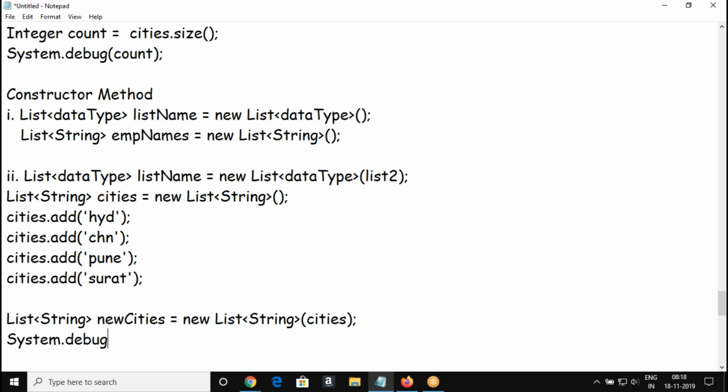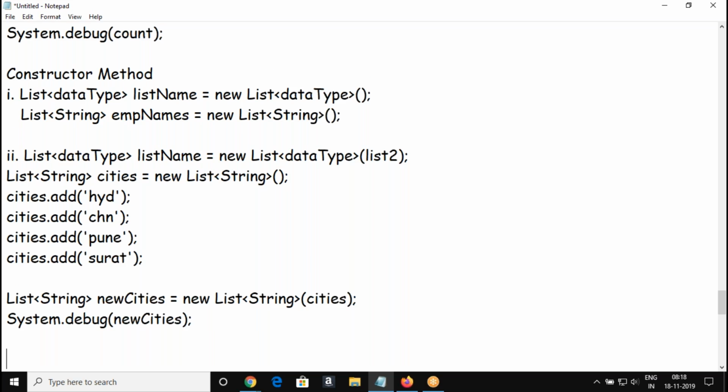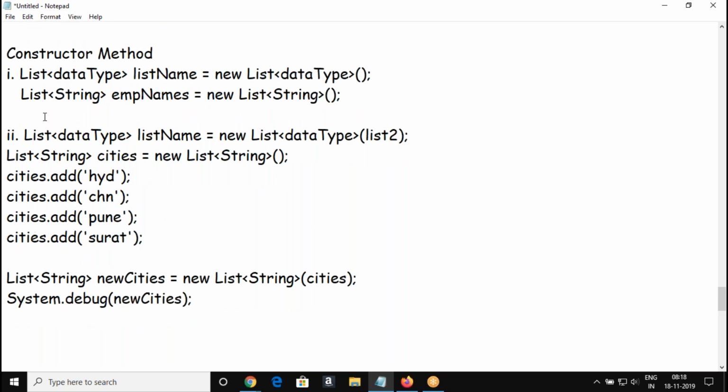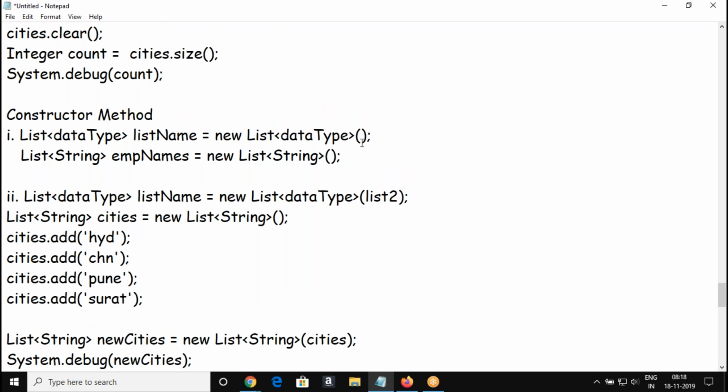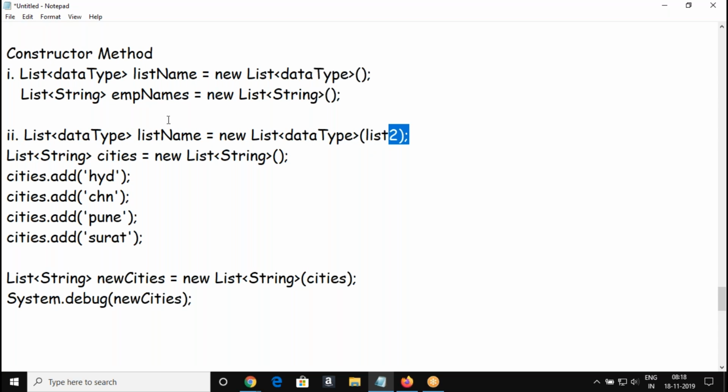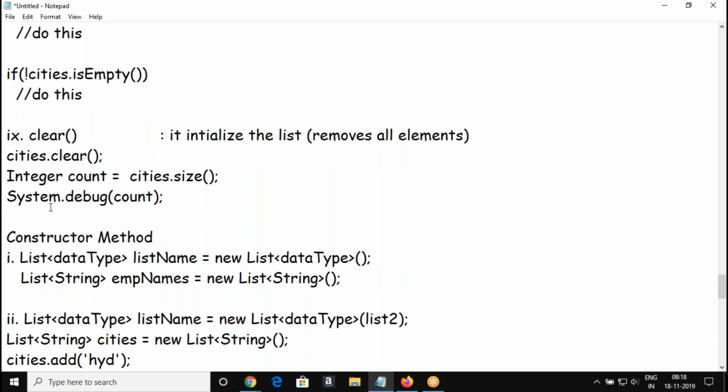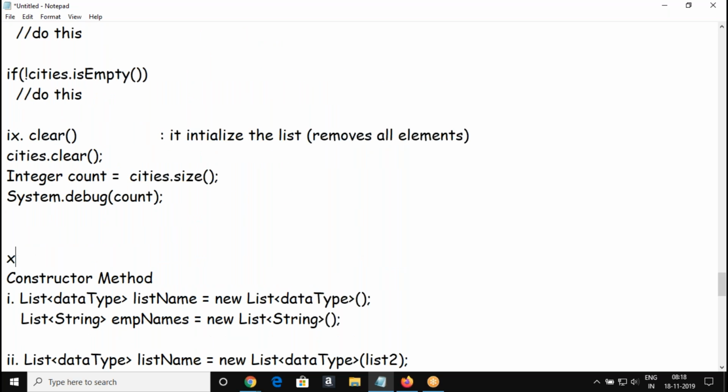You will get exactly whatever elements are there in the list cities. So now new cities will have all the elements from the cities. Okay, so this is a constructor method. There are two constructors, one without argument and one with argument. The one with argument copies one list to another list. That's all.